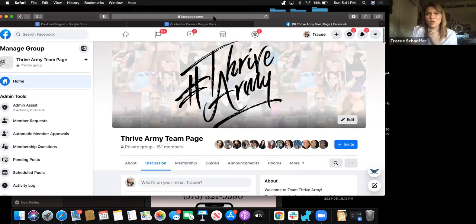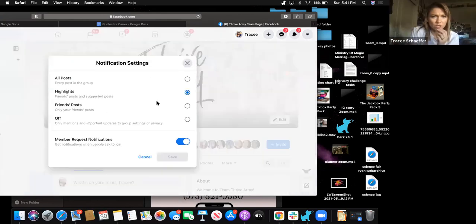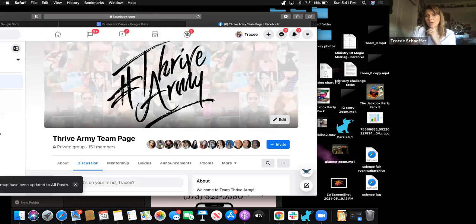I did it on my phone, but there's a way to make it to where you can manage notifications. You want to get it, apparently I didn't. You want to get it for all posts, not just the highlights. You want to make sure that you're being notified every single time that there's a post going up there, because